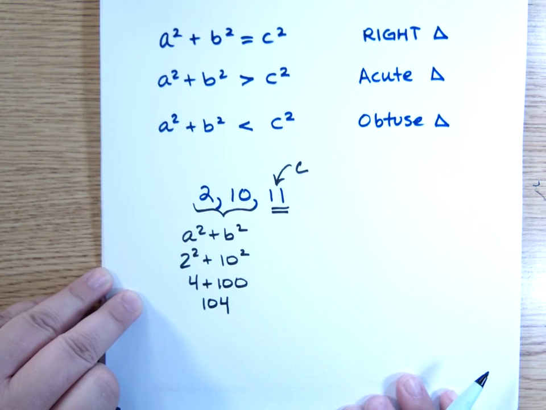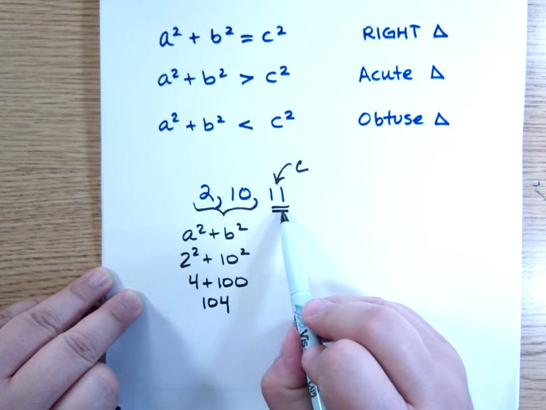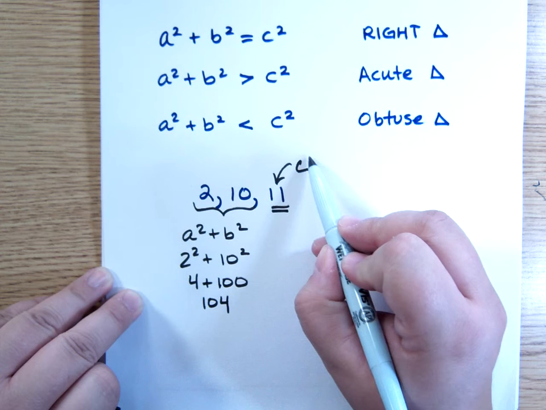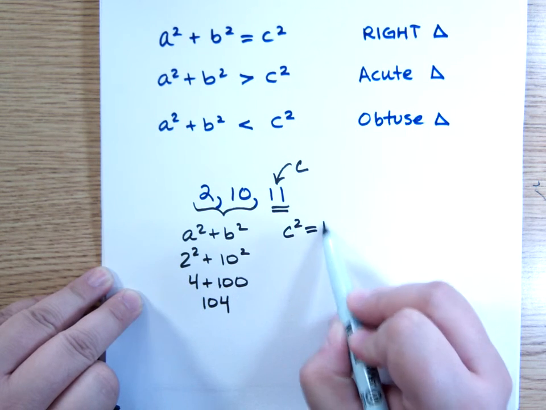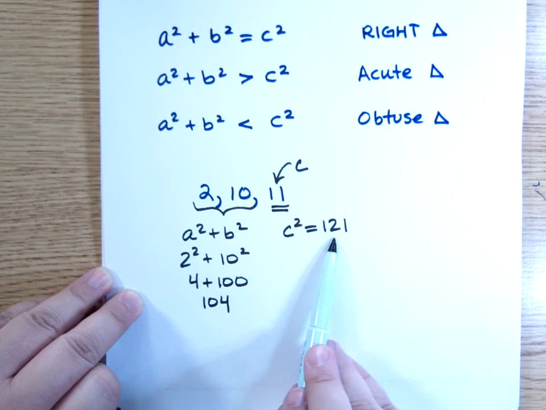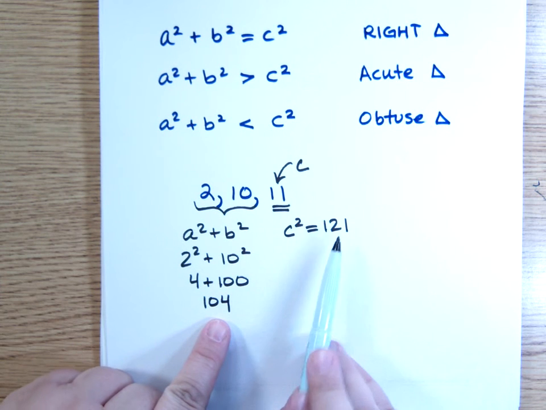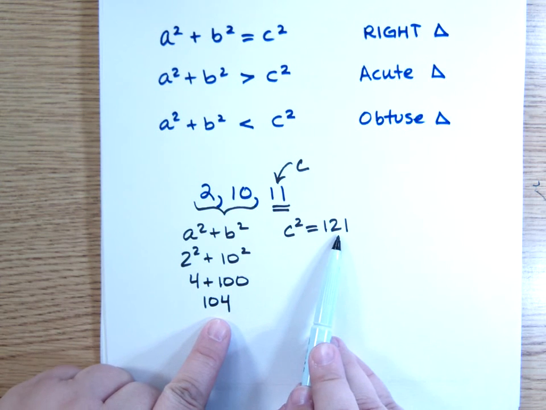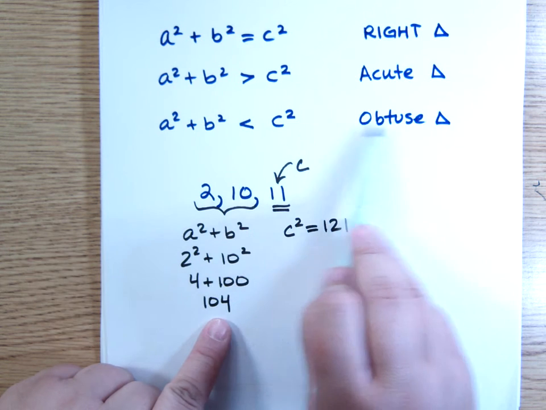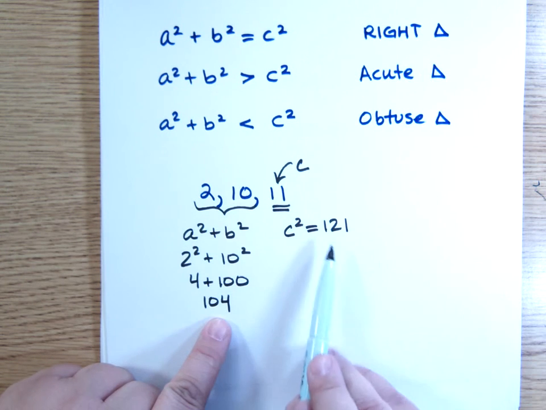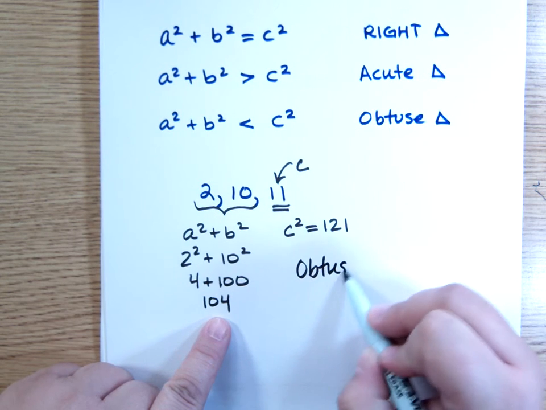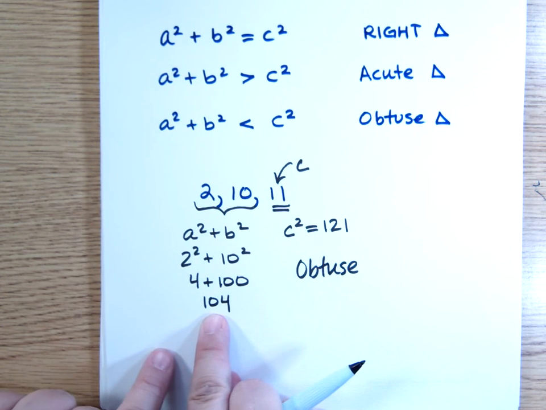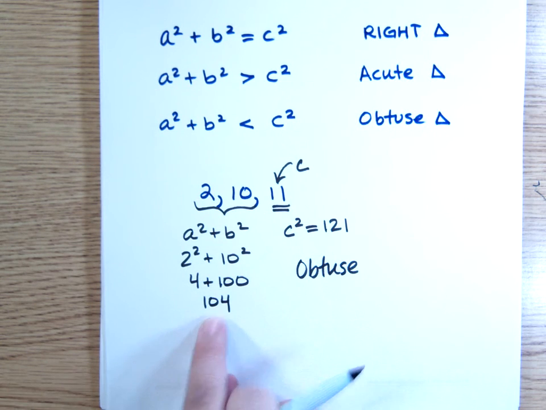So I do a squared plus b squared, and then I come over here and I do c squared. So c is 11, so c squared is 121. This is what I'm comparing, these 2 numbers. If the c squared is bigger, right here, that's obtuse. C squared is bigger, it's an obtuse triangle. If the c squared was smaller than this number, that's a squared plus b squared, it would be an acute triangle. So looking at number 12,